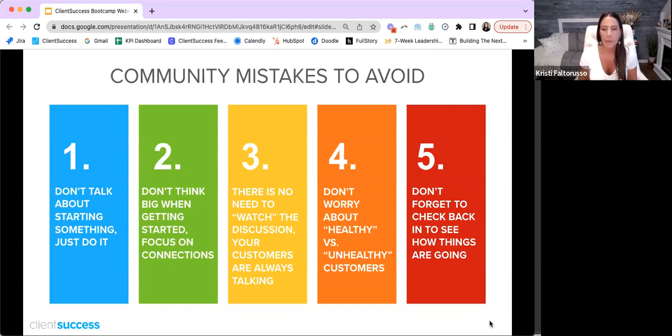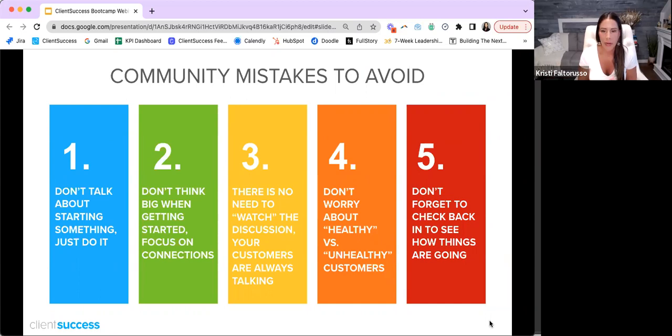So you can't be afraid about what those conversations will be. You can't worry about only facilitating conversations with your good customers, your healthy customers, or your advocates, right? This is an environment for everybody, good, bad, or otherwise. And if you're going to go down the route of investing in community and believe that there's real value there in facilitating those conversations, do not overthink it. Just let it happen. And guess what? Yeah, some good will come out of it. Maybe some interesting learnings will come out of it as well.